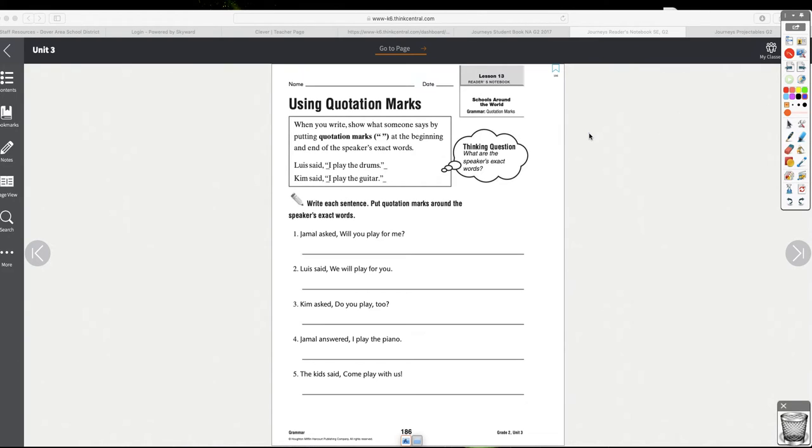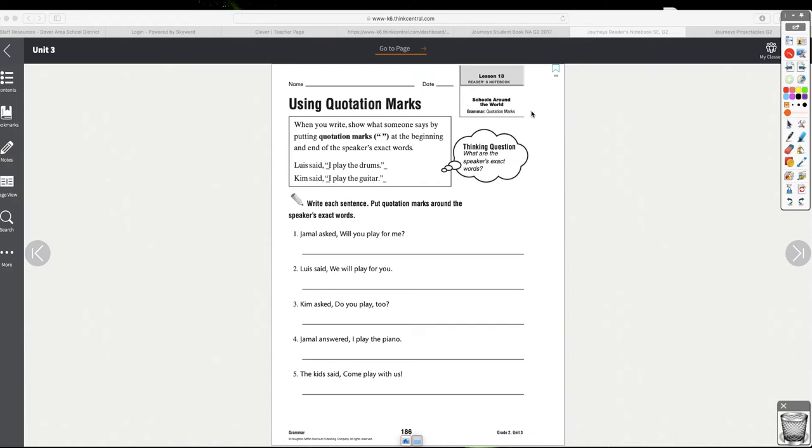Page 186 in your reader's notebook. It says using quotation marks at the top. So, when you write, show what someone says by putting quotation marks at the beginning and end of the speaker's